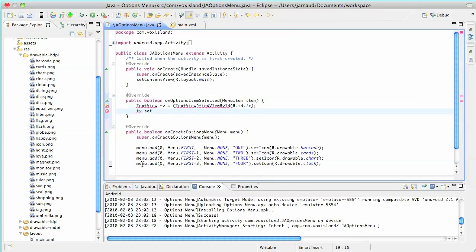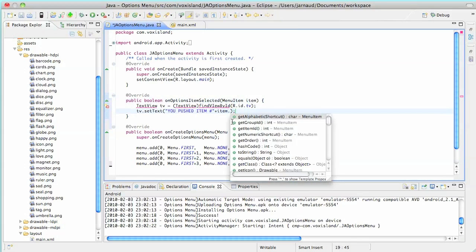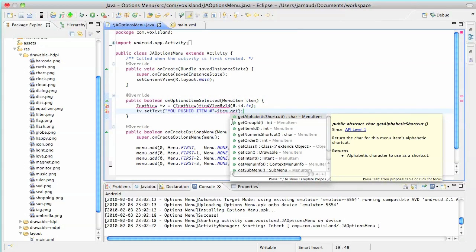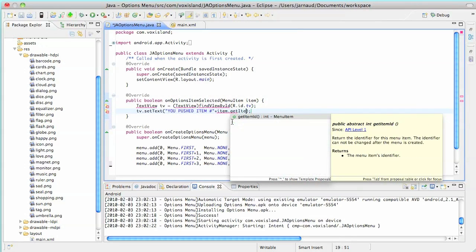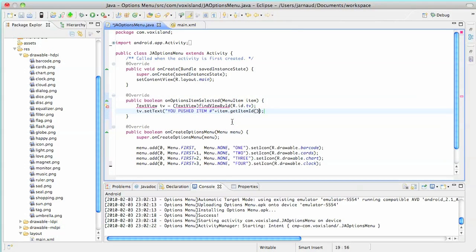And I'm going to change its content with some text. You pushed item number what? Number what? Well, we have a menu item, let's use it. So item that I'm receiving from here dot get, let's see what we have here, getItemId,